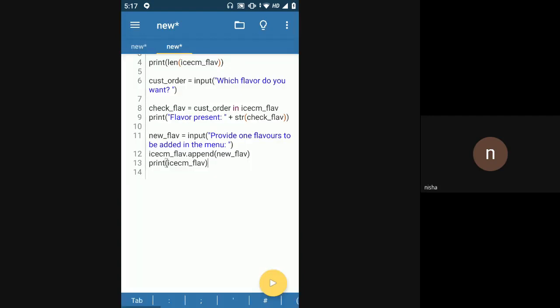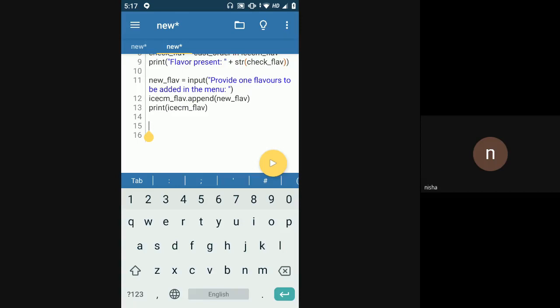So it is saying flavor present false. Now provide one flavor to be added in the menu. So I'll say chocolate flavor only, I want it to be put inside the menu. And now this is printing me the list. So now you can see chocolate got appended into the list. Clear till here?